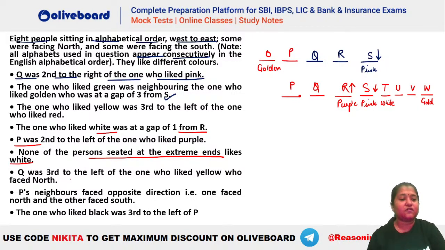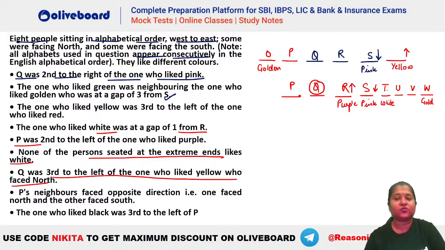Q was third to the left of the one who likes yellow who faced north, तो ये भी एक information दे रखा है that Q has to be third to the left of a person who is facing the north। अब यहाँ पर देखो, इस case में तो possible है 1 2 3, this is possible here. So Q is third to the left of the one who liked yellow, so ये yellow हो गया and this person is facing the north, ठीक है। But second case में देखो, this is your Q, he is 1 2 3 third to the left of T here and T likes white, तो मतलब ये वाला case तो अब invalid हो गया because this person should have been yellow. मतलब आपका right case कौन सा बनेगा, this one, the first one will be the valid case here. You have already got how many people here?